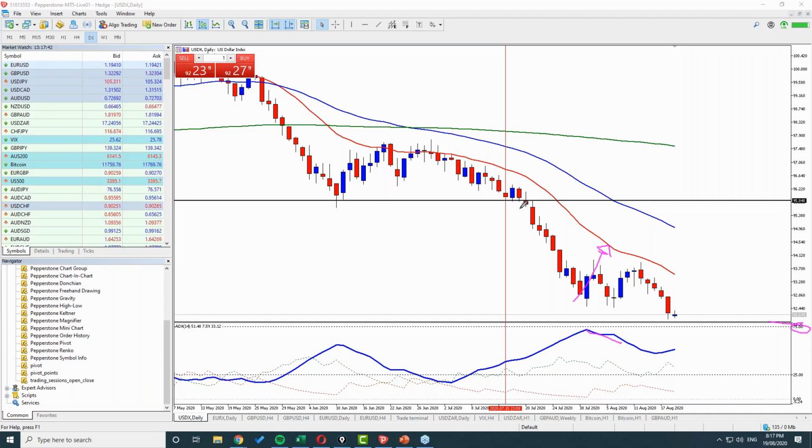It got us in, it showed us momentum was coming in, and then the momentum obviously broke with price action, and that told us to continue going in the direction of the trend. So that's one way we can use it, and we can actually bring ADX together with other indicators as well.